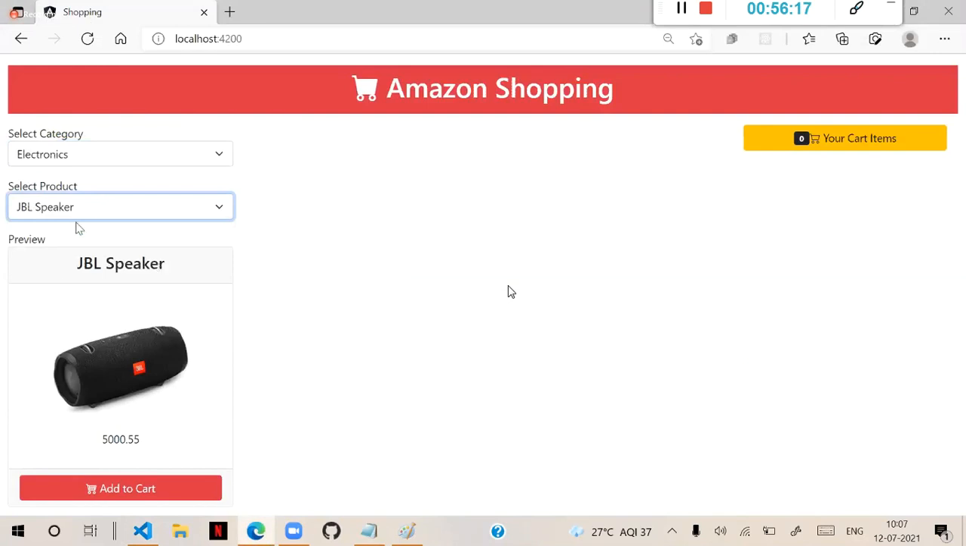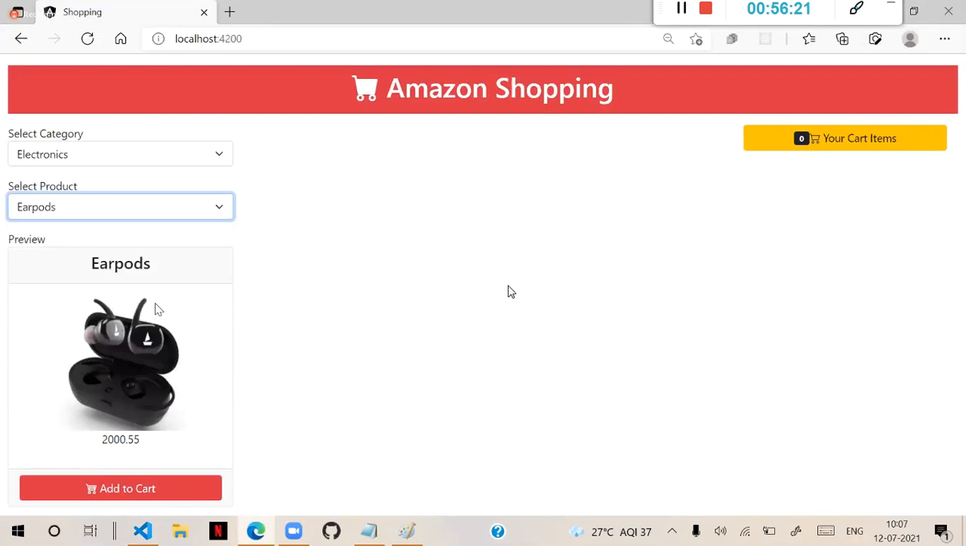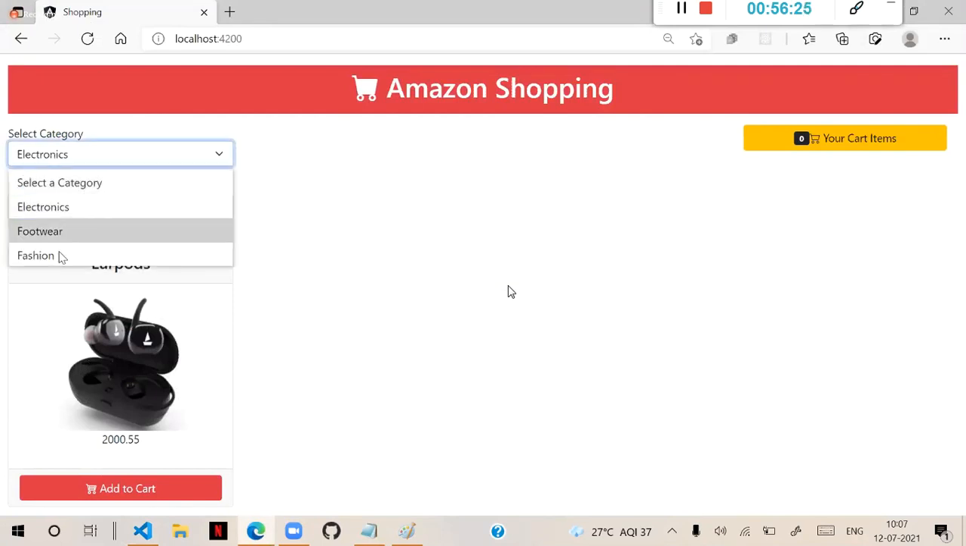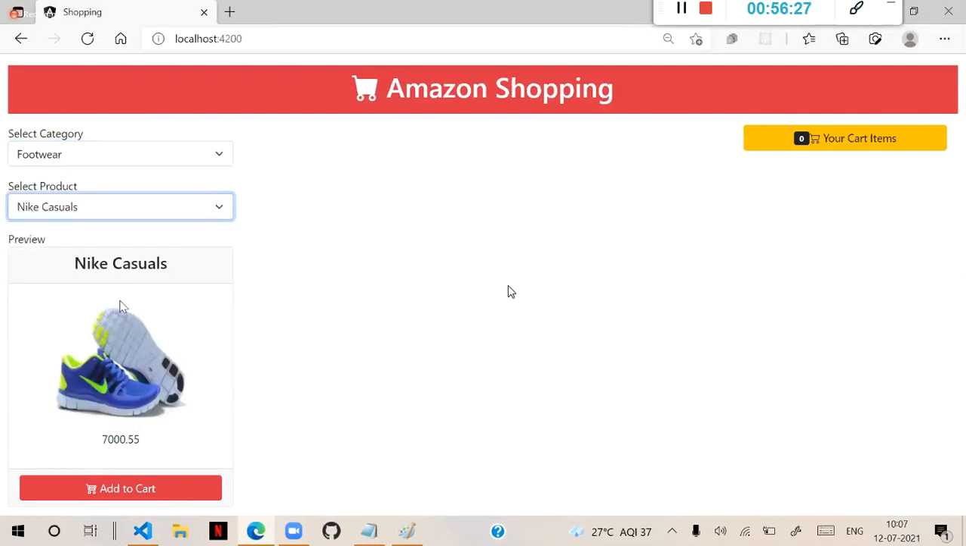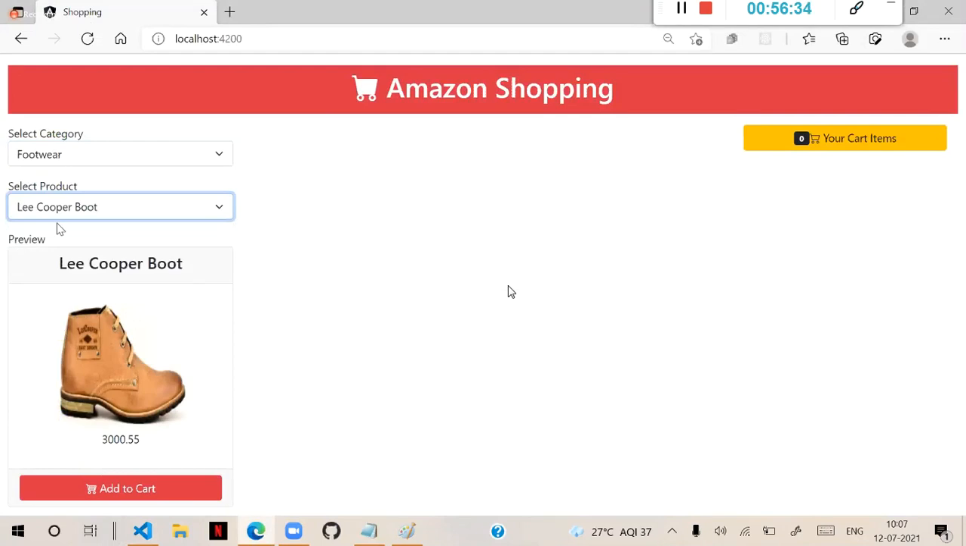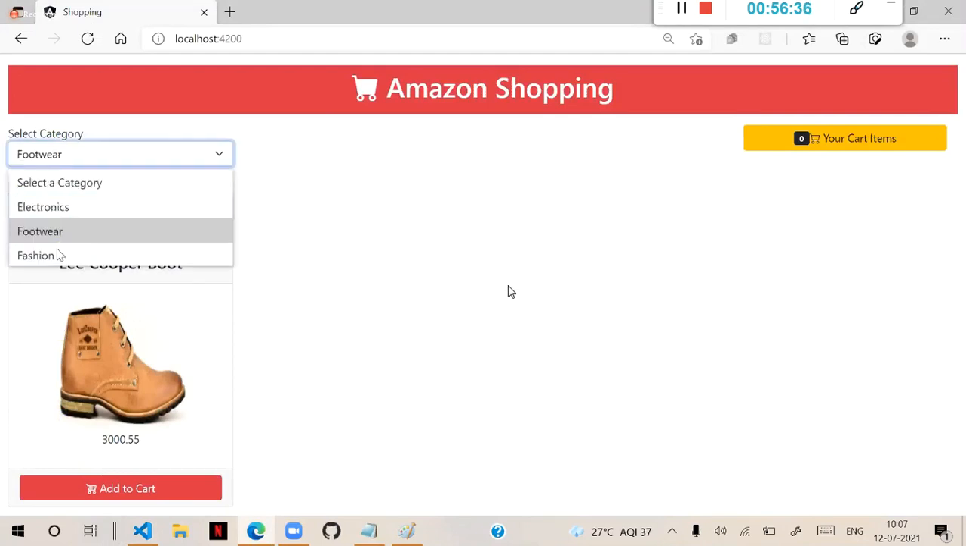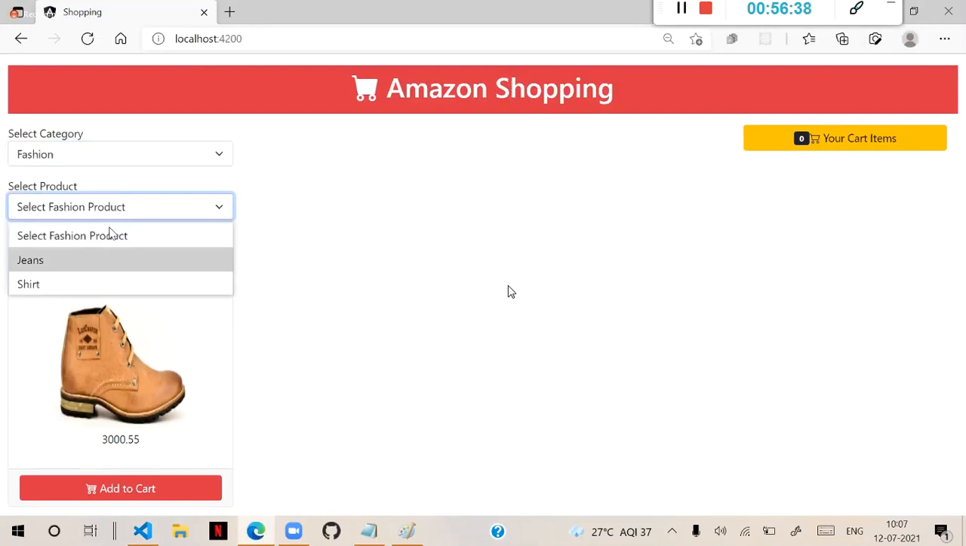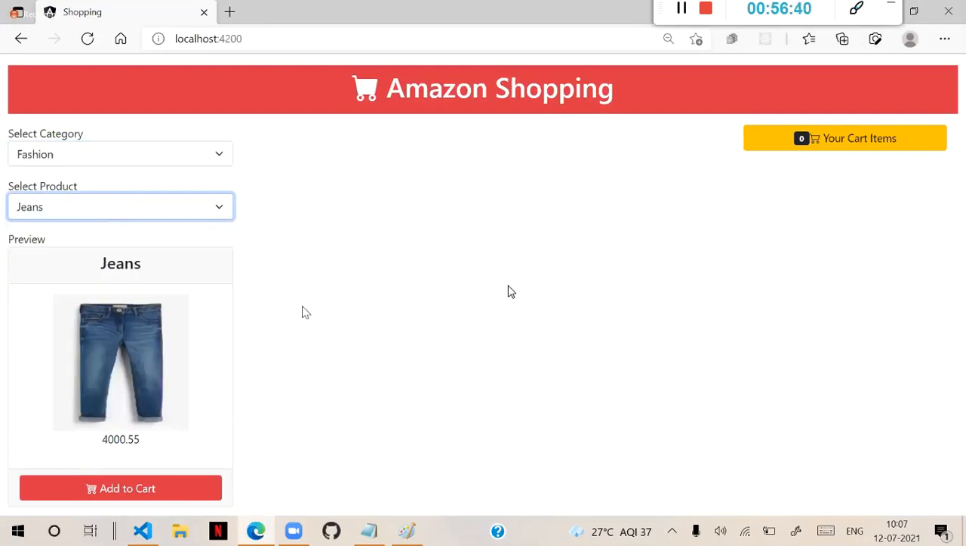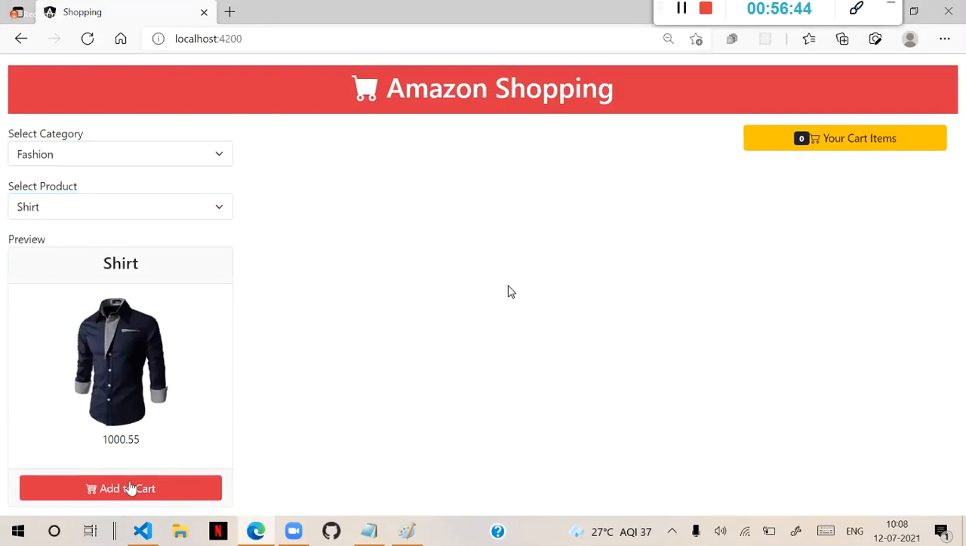I'm selecting earpods. The earpods will come. I change the category to footwear, and footwear Nike casuals. It will get that. And I selected Lee Cooper. It gets that. That means we are choosing a category. Category related products will display. The products will display. Now, when I click on add to cart button, this must be added into a shopping